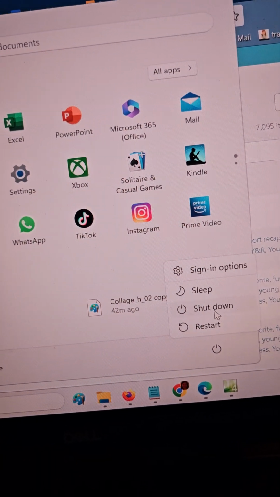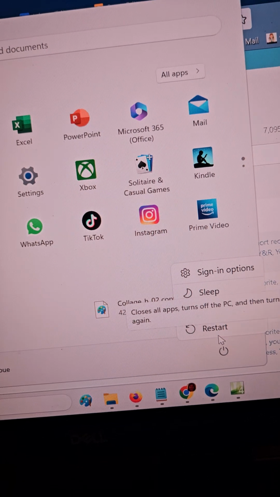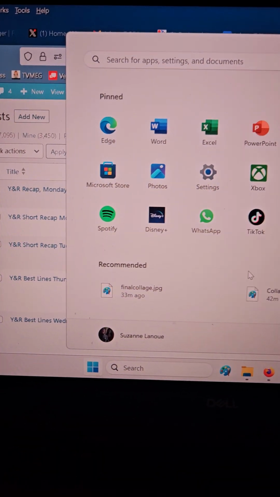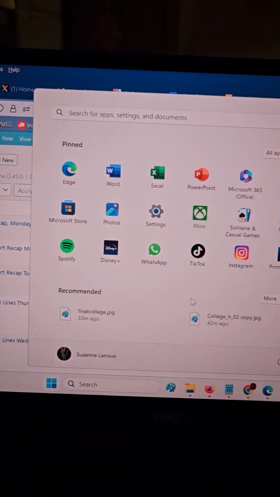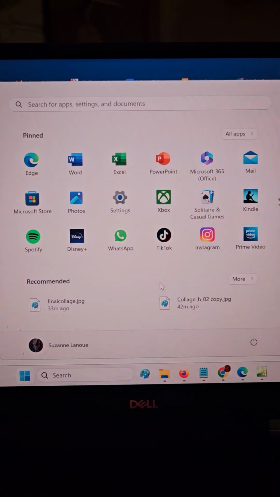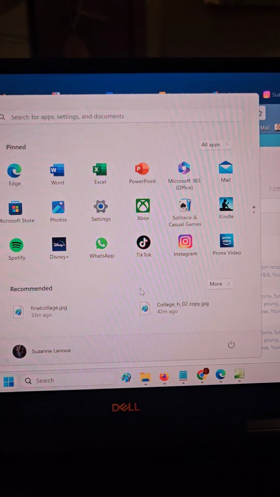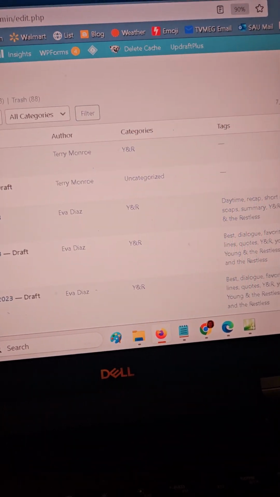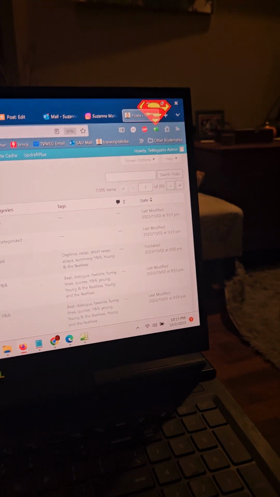Make sure you choose shut down, not just restart. Okay, shut down. And then wait for it to shut down. And then press the power button and have it boot up again. Okay? And then if that doesn't work and you try logging in, it still is giving you that error problem,